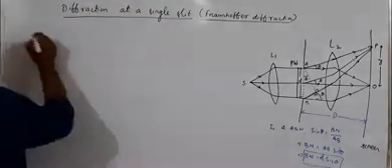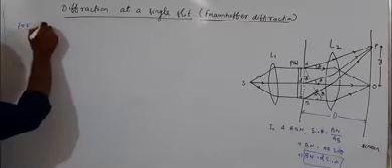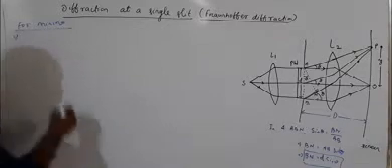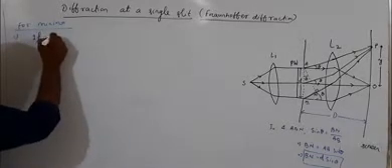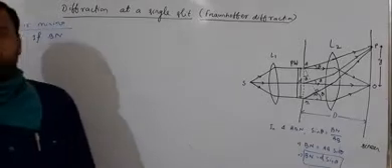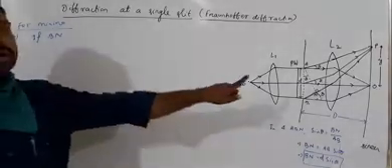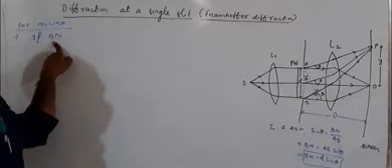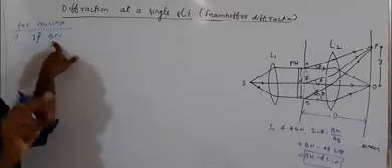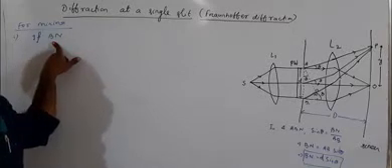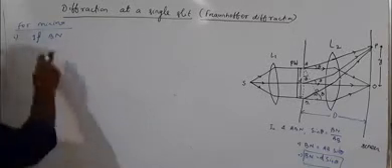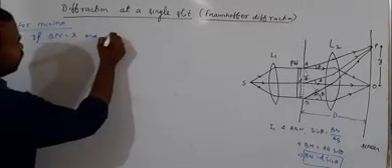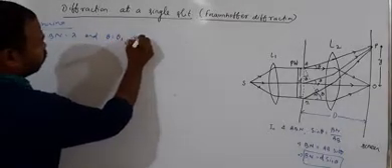Let us study for minima first. Already you know the path difference should be compared with the wavelength of the wave. That means the path BN is either equal to lambda, 2 lambda, 3 lambda, 4 lambda, 5 lambda like this, or 3 lambda by 2, 5 lambda by 2, 7 lambda by 2, 9 lambda by 2 like this. Let us study first: BN is equal to lambda, and in this case suppose theta is equal to theta 1.